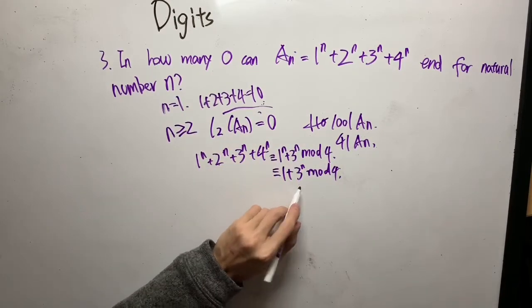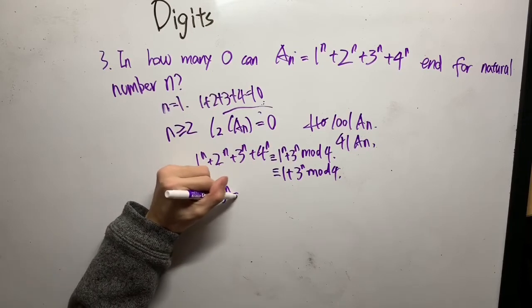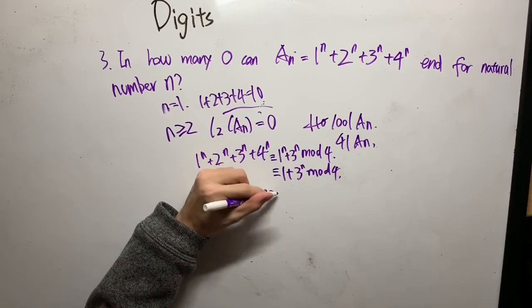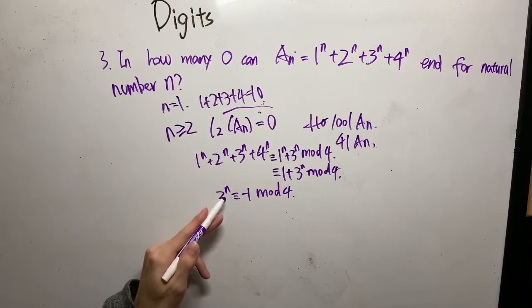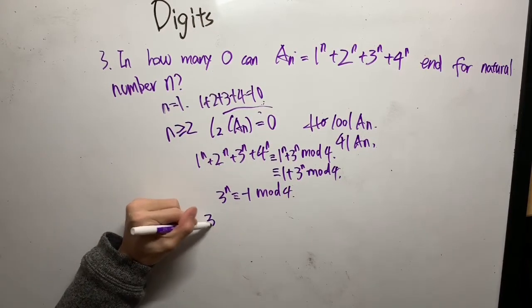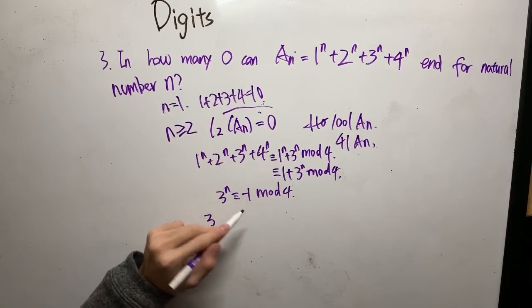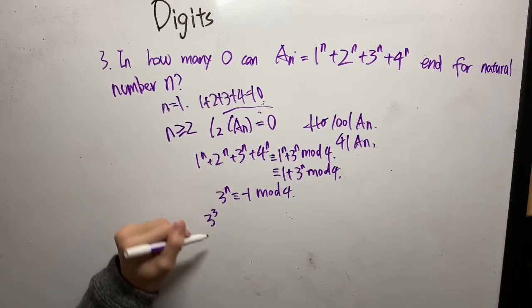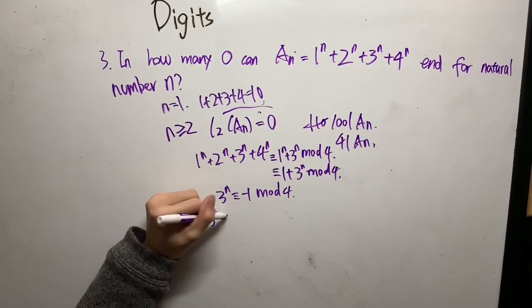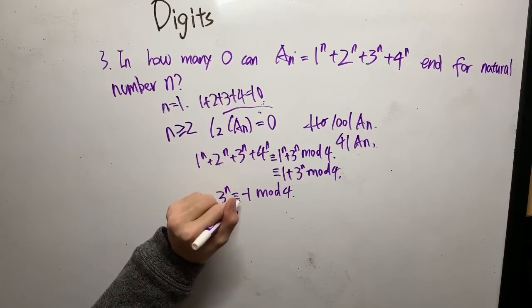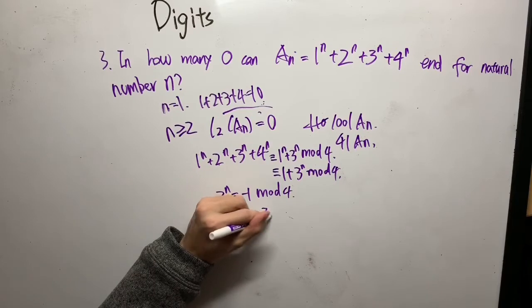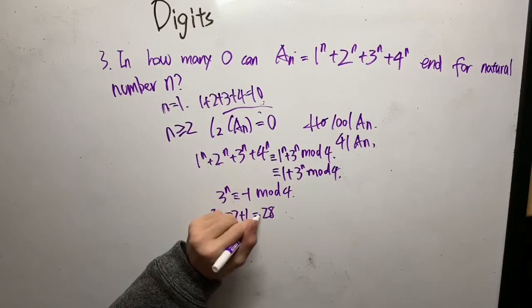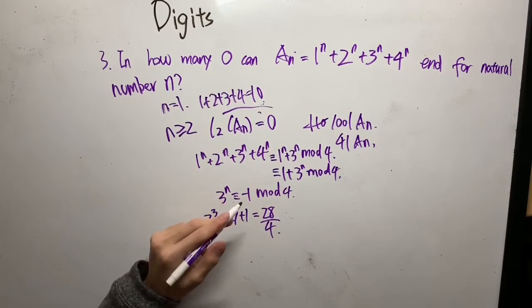For this, we have 3^n is congruent to -1 mod 4. So while we check n, when n equals 3, we have 3 cubed, which equals 27, minus 1, which is plus 1. And this is 28, and 28 is divisible by 4. Thus,